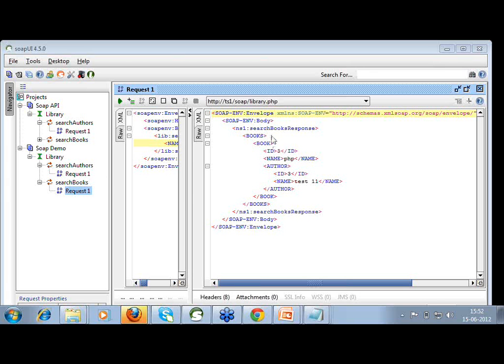Next question asked by Atul. Can you please explain how you executed the code using SOAP UI by giving a PHP URL? Atul, I have not given a PHP URL, I gave my server URL, which has the WSDL file, and that WSDL file gets executed. So there are two ways you can do it. You have a WSDL file that you have to execute, and in this WSDL file you have a URL where you have the server detail.